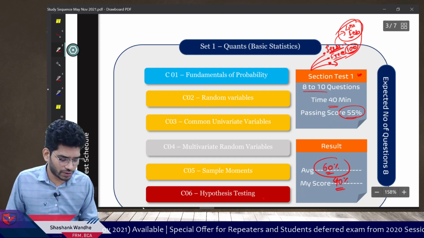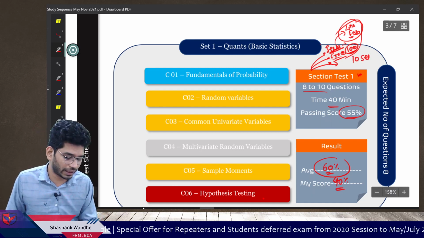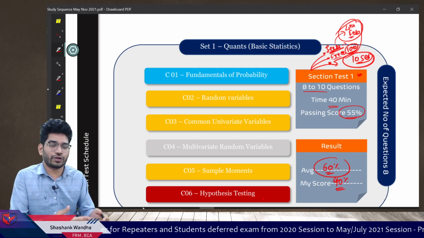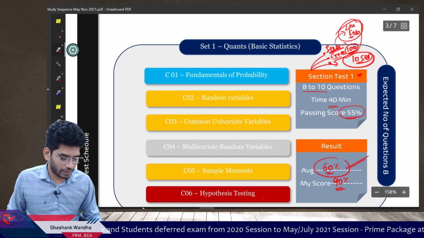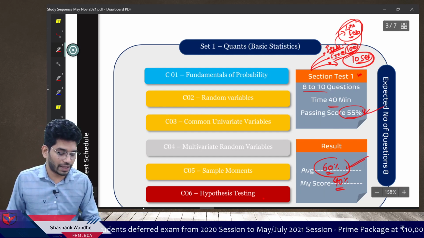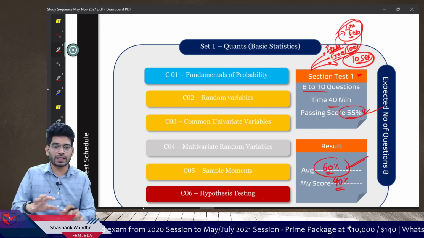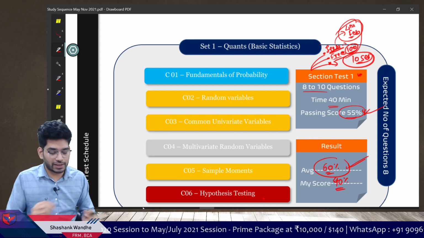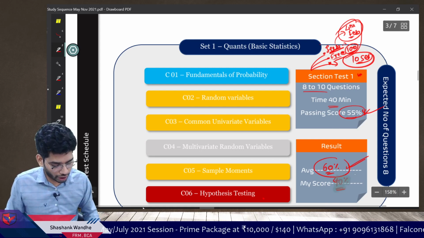So you have to just take those question banks, take a photo, edit it, create a set of like 10 questions, and then solve it. At the end you will be able to know your score. The problem will be that you must also know the average score and the passing score. Passing score is based on my previous experience of previous mocks, like how students perform. Based on that we have decided the passing score. So you will get additional information here which is very critical for your preparation.